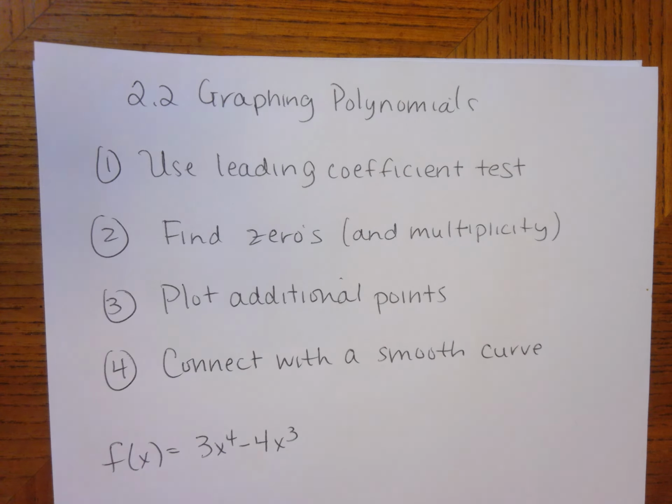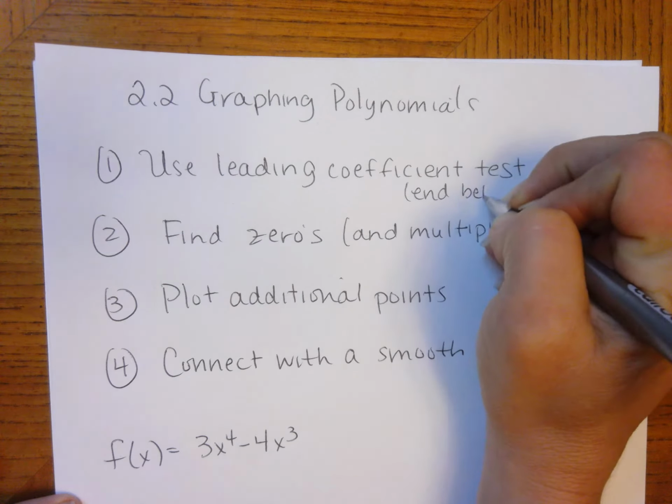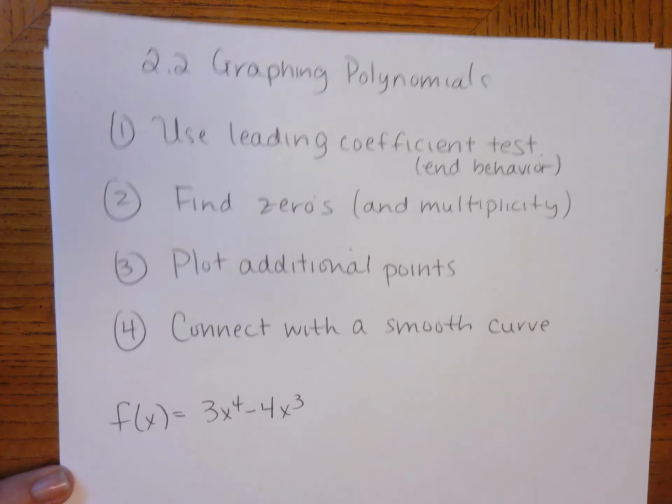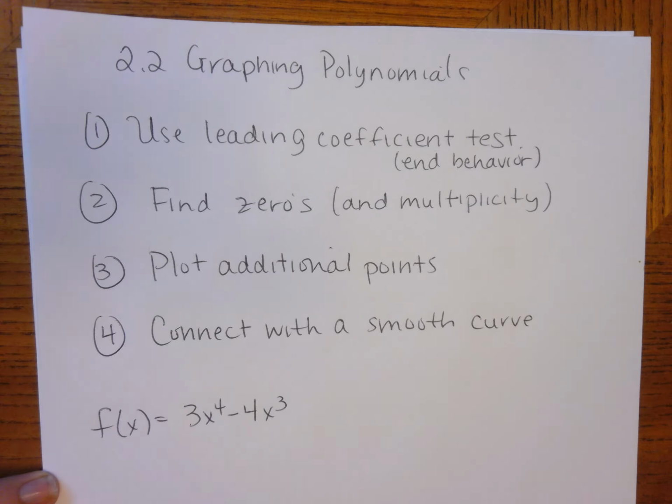And so the way that we put everything all together is the first thing we're going to do is use the leading coefficient test to figure out the end behavior, right? That's what tells us the end behavior. So we're going to go through these and walk through the process here with 3x to the fourth minus 4x cubed, okay? So the first thing I want to do is use the leading coefficient test to determine